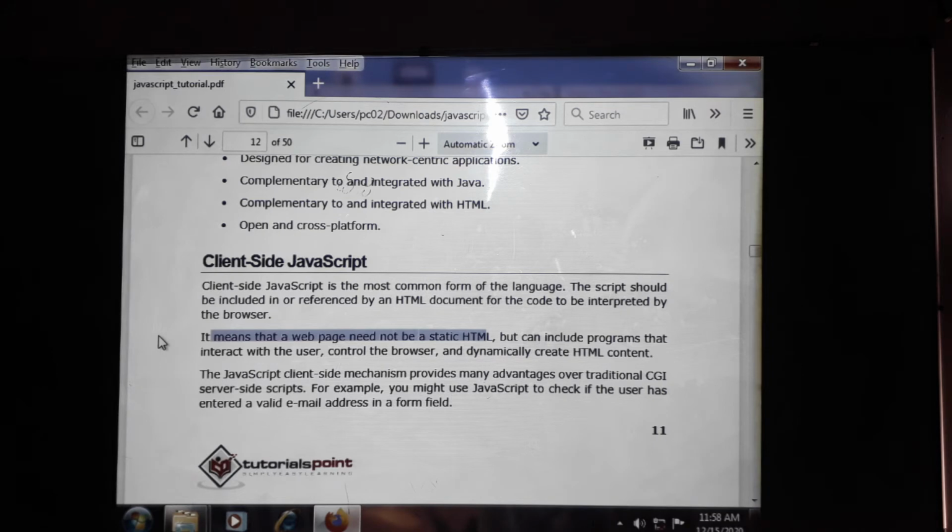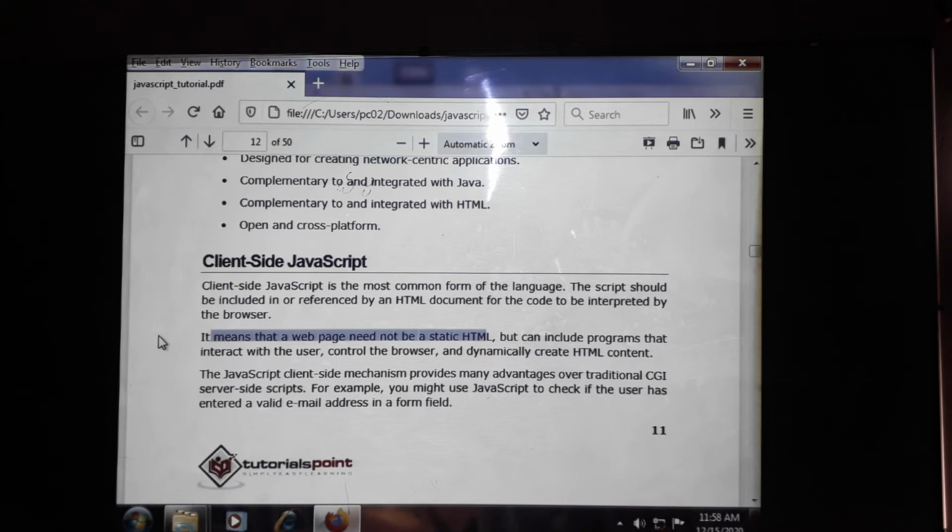That can include programs that interact with the users, control the browsers, and dynamically create HTML content. At the time of running the web application, we can contact the browser, control the browser, interact with the users, and dynamically create the HTML content. JavaScript client-side mechanism provides many advantages over the traditional CGI.